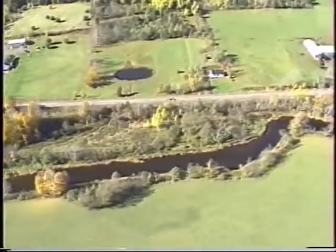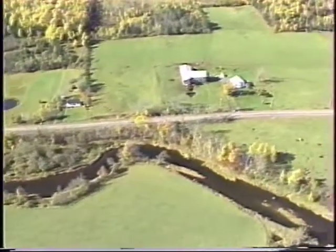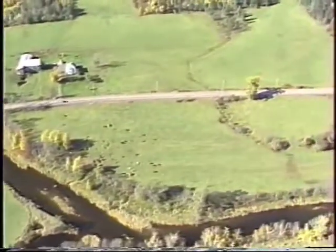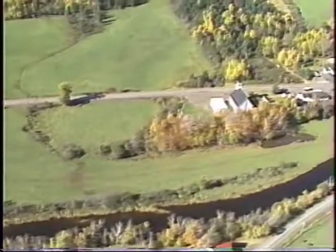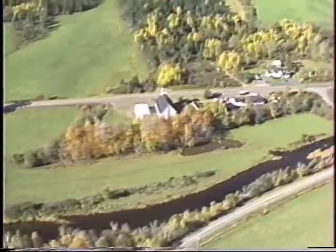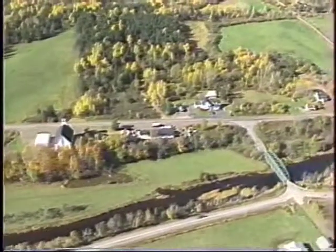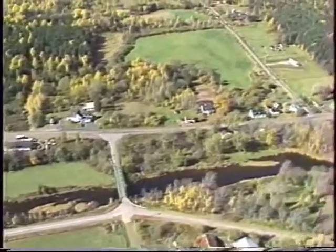It's October 23rd, 2000. We're just heading seaward along the west Pictou River area near Durham. We're flying at about 70 to 75 miles per hour, about 400 feet. We're just going by the town of Durham here, the bridge that crosses the river. It's quite narrow in this section, and then as we go seaward, it becomes a little bit wider, more meandering,